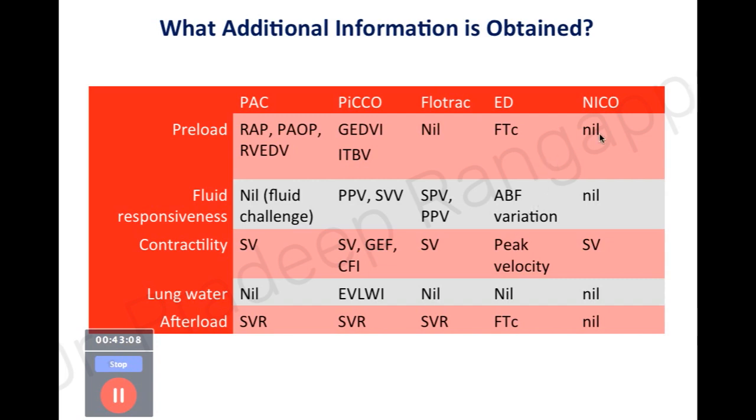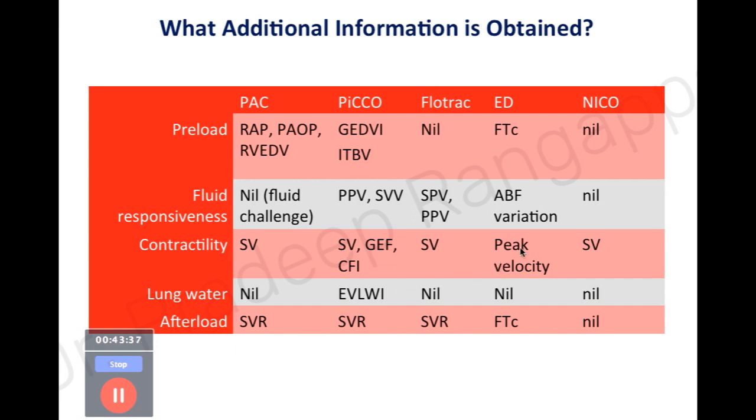Okay, and this is NICO, the non-invasive cardiac output. It doesn't give anything to do with the right atrium or right ventricular indices. It only gives you stroke volume. NICO is based on infrared spectroscopy, and it is very non-invasive. You just put it on like a pulse oximeter and then you measure the stroke volume. Okay, so that is in essence the practically available tools.